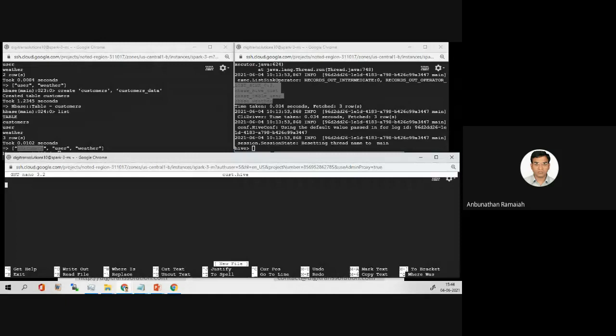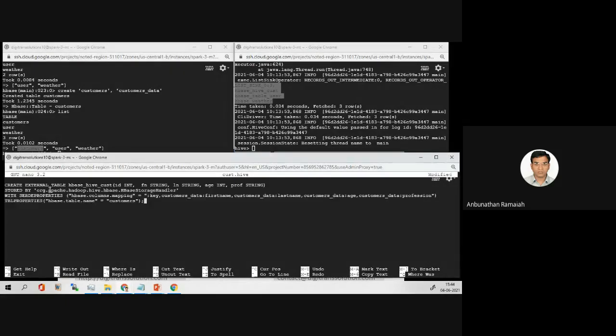I'll copy the script from the local machine and explain this. Now create external table called hbase_hive_cust. Actually, this hbase_hive_cust is already there, so we have to drop this. Then integer, string, string and integer, string: ID, first name, last name, age, and profession. Stored by HBase storage handler.